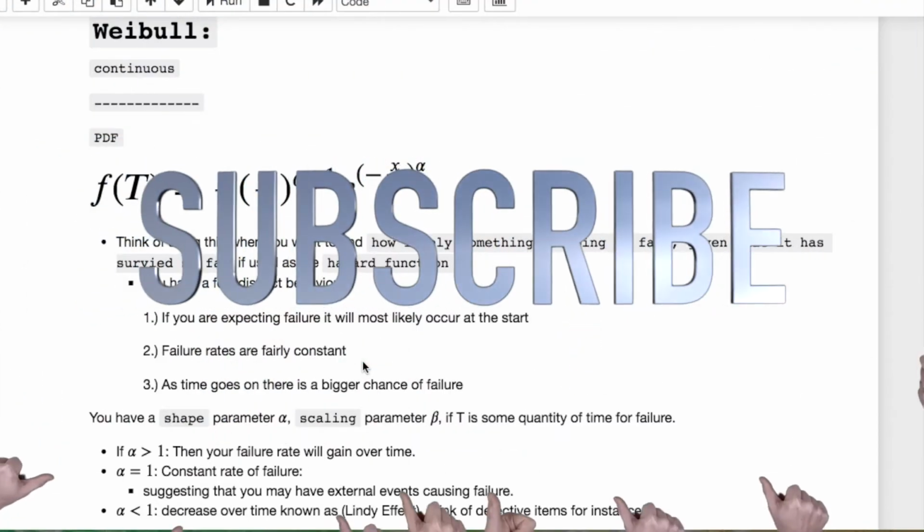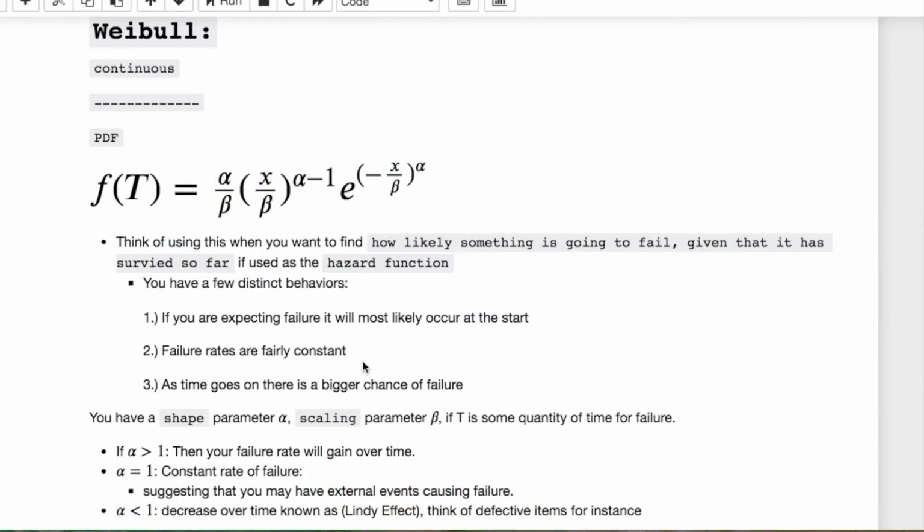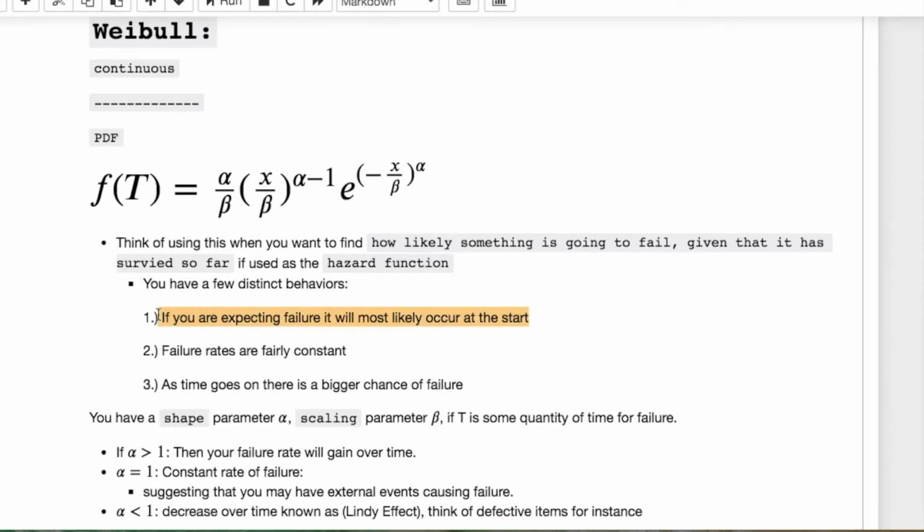Now what is this Weibull distribution that we have here? It's continuous. It's used for time to failure events, given that you've survived thus far. The first thing that you should notice here is that at the beginning, you should always expect some failures. This stuff is going to seem like common sense if you think about it. You're going to have some constant amount of failures, and as you get older in life or more time goes on, you have more chance of a failure. So if you think about this in terms of your life, it's pretty relevant, okay?